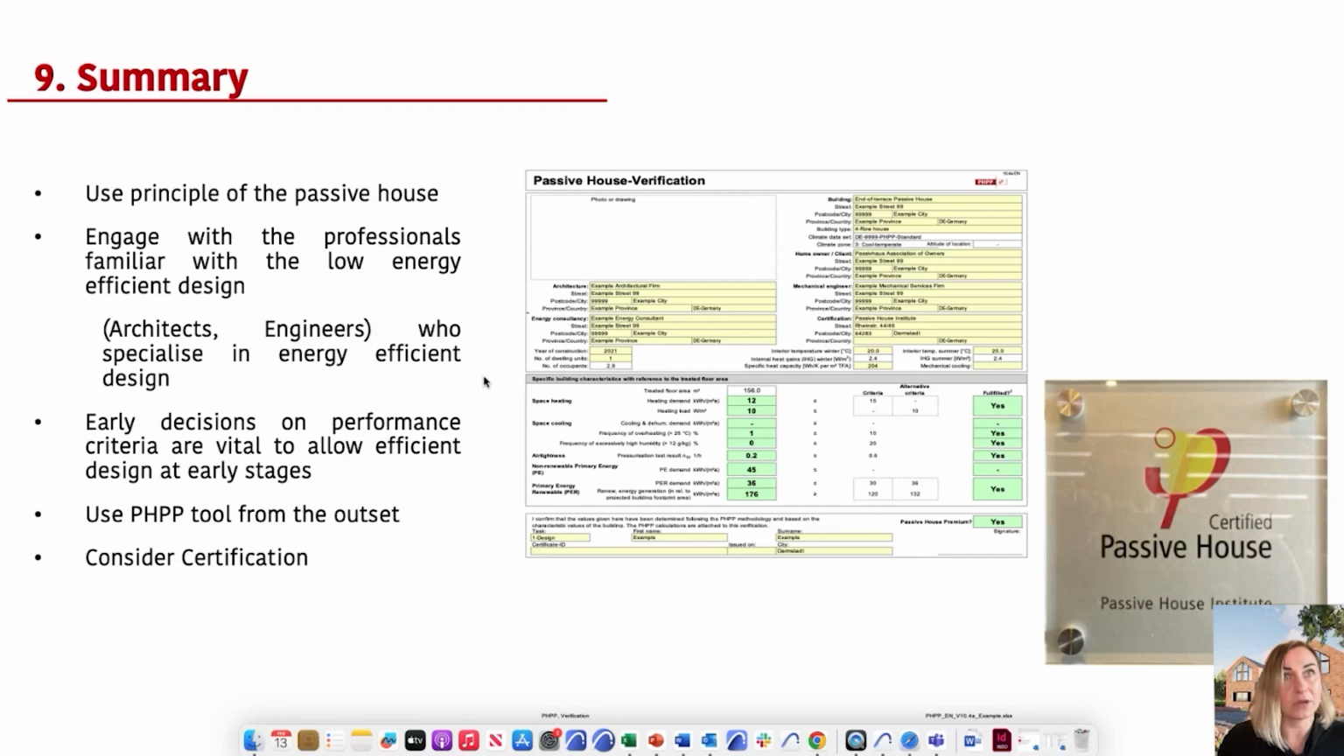And just a quick summary of what I talked about today. Basically, if you're wanting to design a low energy home, use the principles of the passive house and engage with professionals who are familiar with low energy design, who will be able to provide you some savings and obviously share the knowledge with you. And early decisions on the design performance criteria are really vital to allow efficient design in the early stages and save you money. And the key from me is really to use the PHPP tool from the outset,